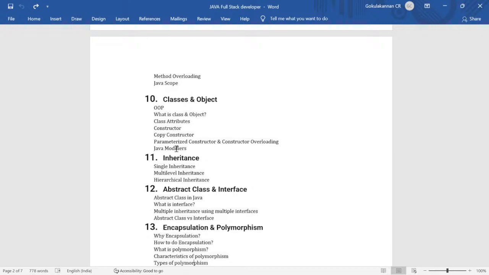Next thing is we will be touching upon the garbage collector. What is the garbage collector? Why we need it? What is the finalize keyword? That and all I'll be covering. Then I'll be covering the static concept. What is a static method? What is static data? Those things I'll be covering. Then I'll be covering the concept of encapsulation. So here we will be touching upon the